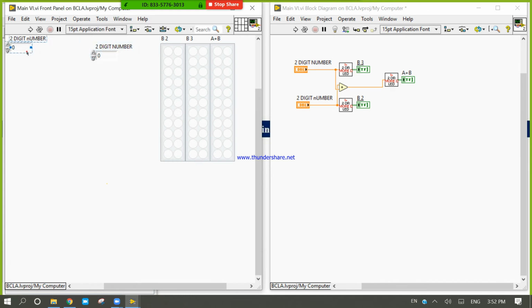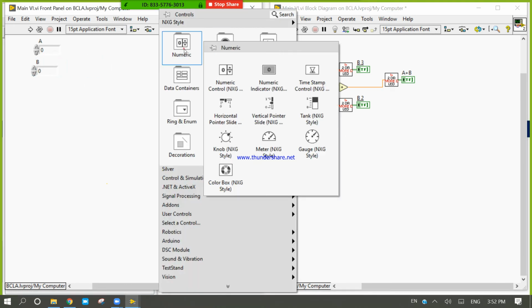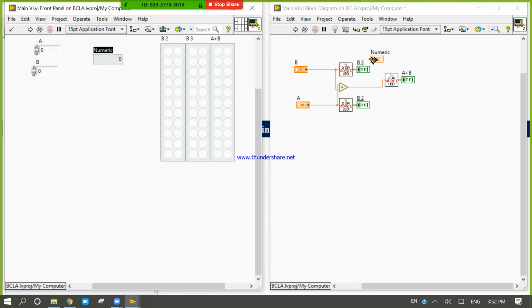Two-digit number and two-digit numbers. It's A. It's B. These are two-digit numbers. And if I take one indicator, A plus B.